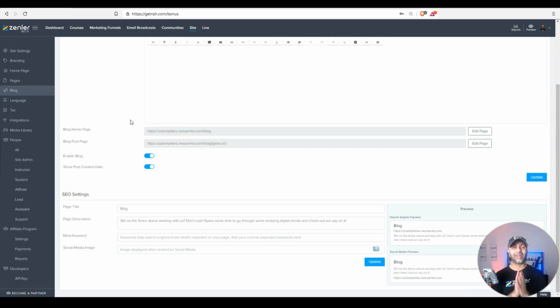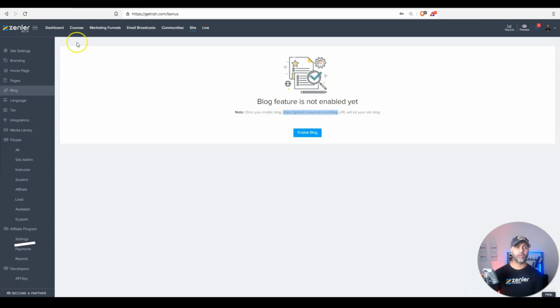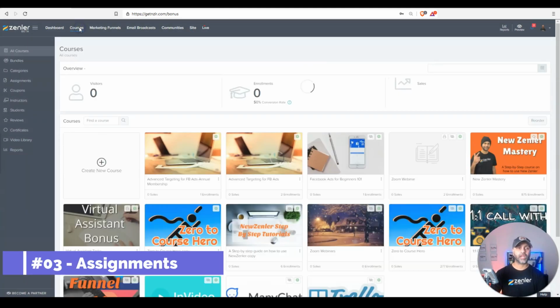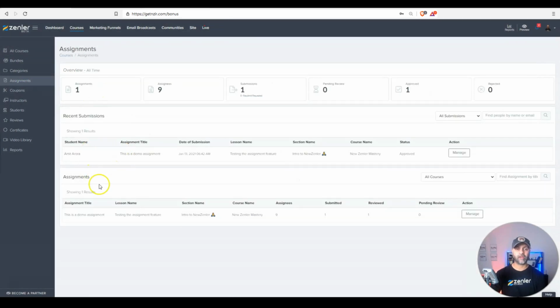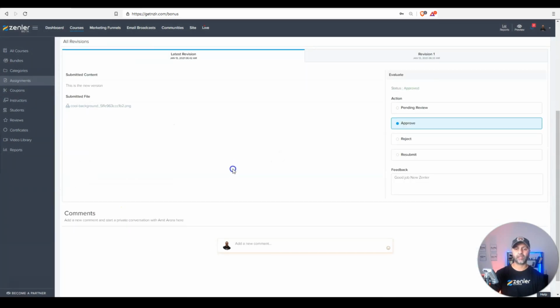Still a great price. The next functionality that I want to show you was also one of the most asked things within New Zenler, which was assignments. So now if I go back to my previous school, I can go to courses, and on my courses, you're going to see assignments. And here you can see that I have one assignment that I already created. And this assignment was submitted by a student, and this is how they submitted it. I can manage it. I've already approved it, but I can click on the manage button to see that assignment,